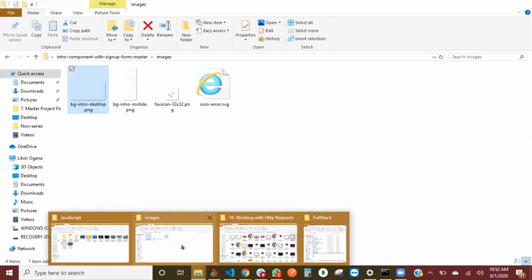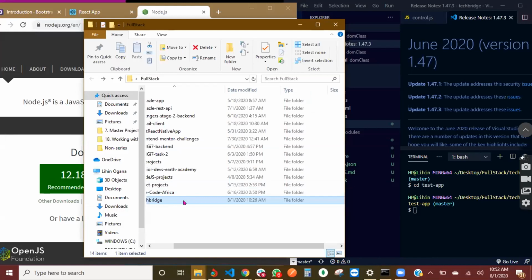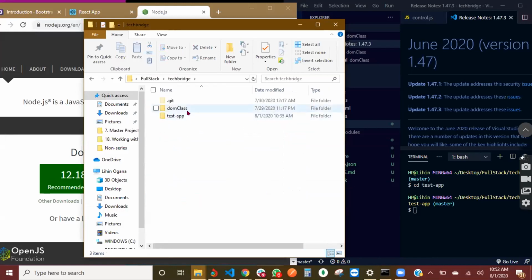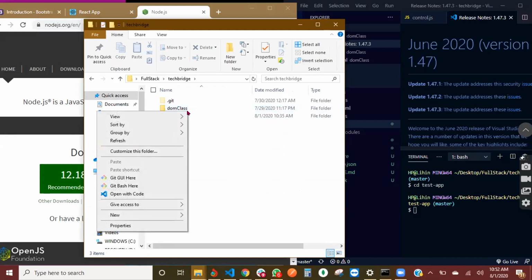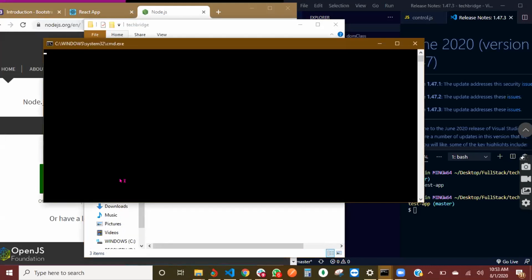our folder, our tech bridge folder, and we opened this with git bash here. And then when our command prompt opened up, we typed in npx create-react-app, and then the name of the folder. You don't have to run it again so that it won't take long. So we ran that, and when our package finished installation, we